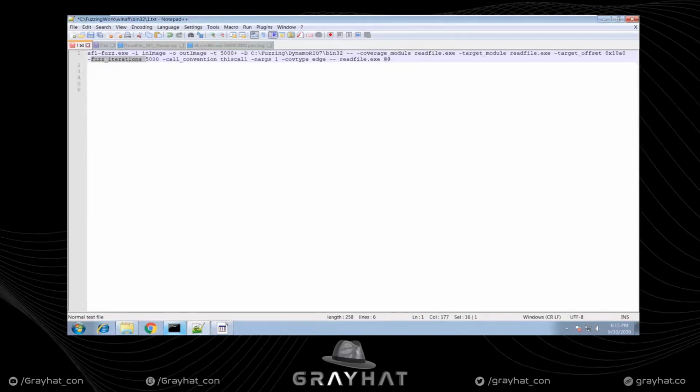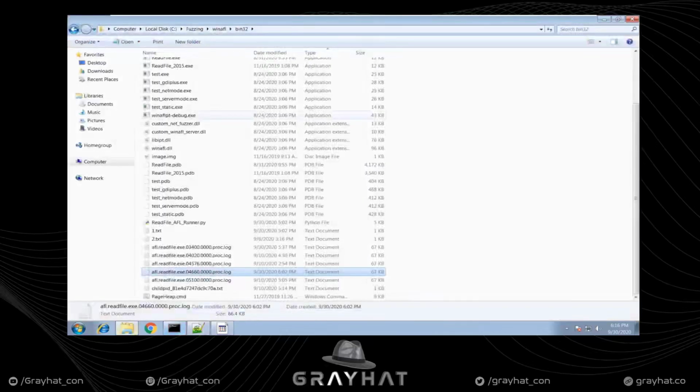And there is coverage type, edge or block. So there are two types of coverage: one is block based coverage and the second one is edge based coverage. Generally edge based coverage gives better results, and then you need to use your executable name followed by any argument or @@. So let's go ahead and fuzz our program, and we need to give an initial input